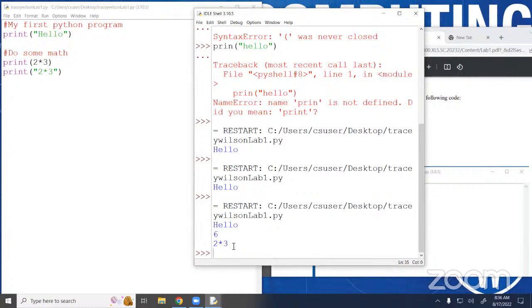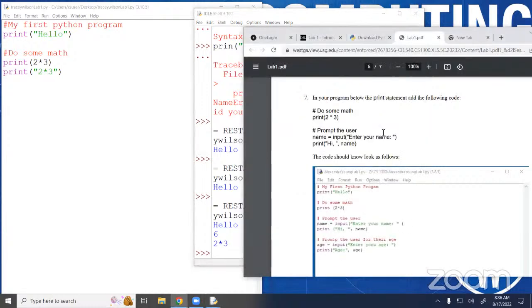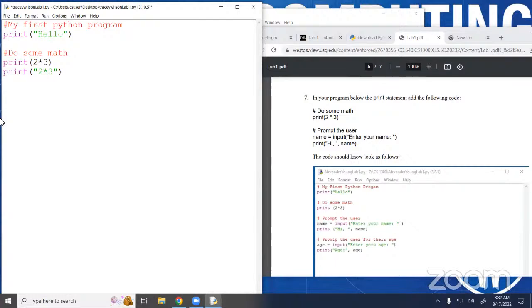Now, there is a way to print the equation and then have the result put at the end. And we'll get there. We're building into that. All right. So the next step has us prompt the user for their name. So